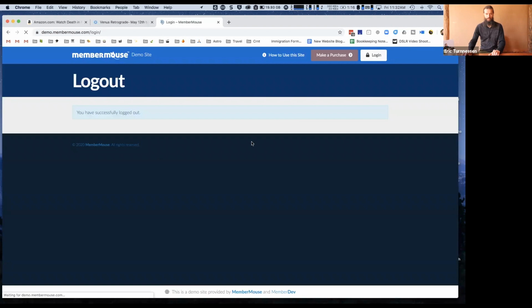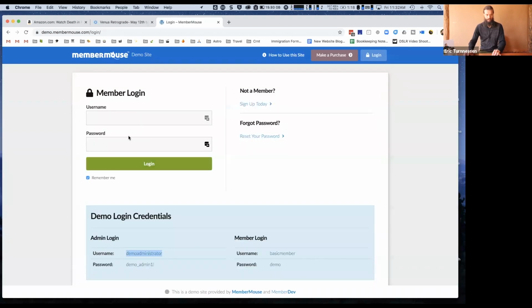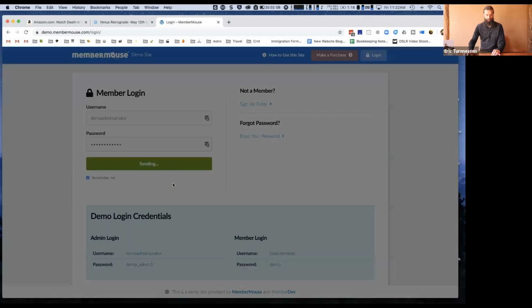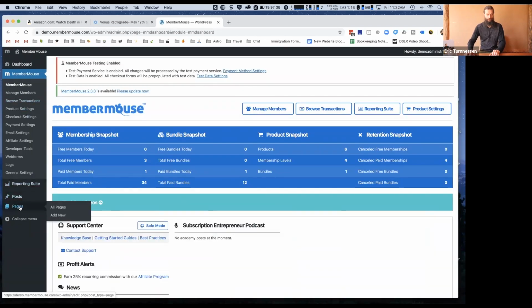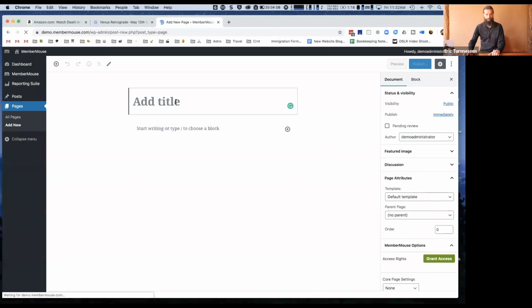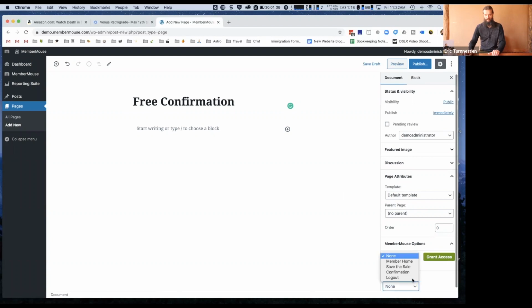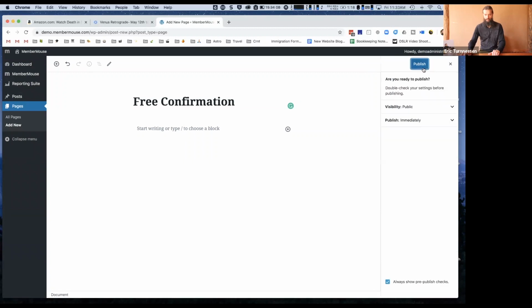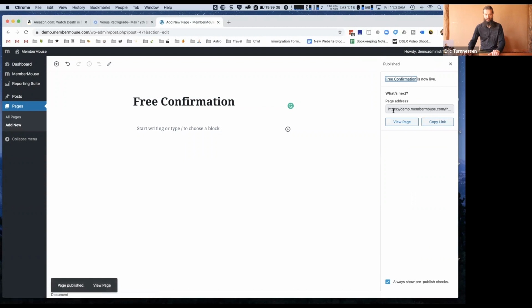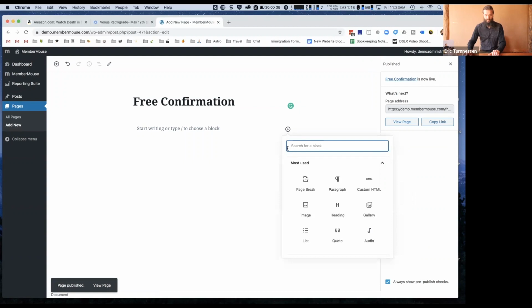What I'm gonna show you is using SmartTags. So let's say that you have your free confirmation page. And we make this a confirmation page in MemberMouse, and we have it for free memberships. So we'll go ahead and publish this. Okay, so now we have our page. Now this currently is going to be used for all